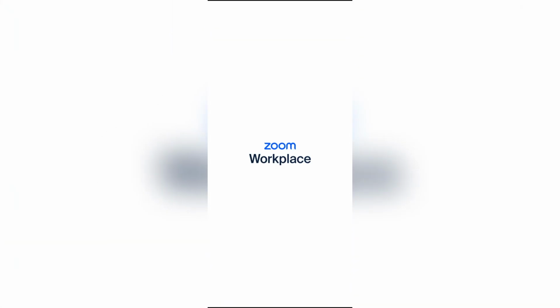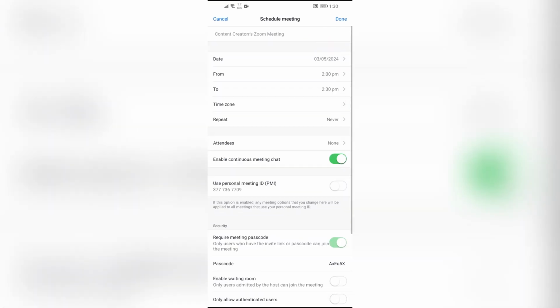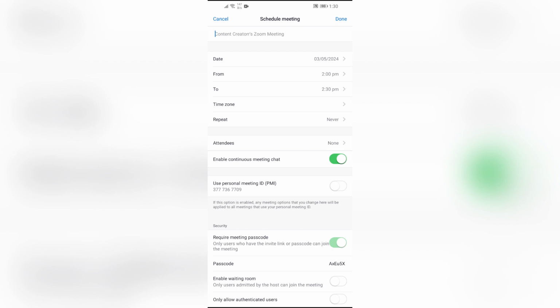Now in order to do that, just simply open your Zoom application, and after opening the Zoom application, just simply click this schedule icon. Click into that and this option will appear. Now in here, just simply select everything as your meeting requires, and after that, the most important part here is to